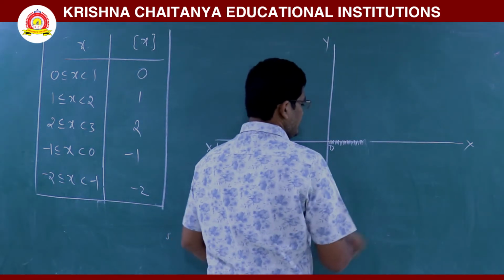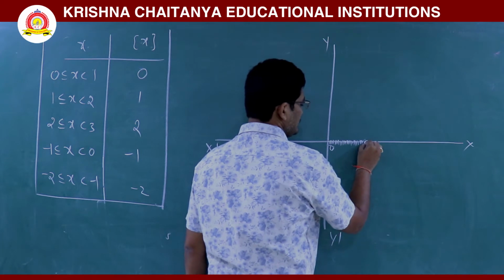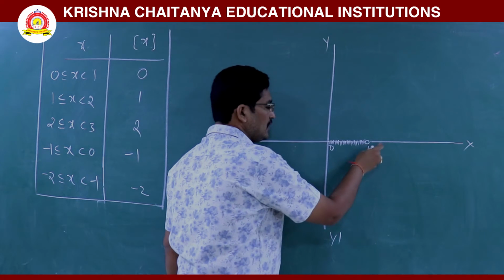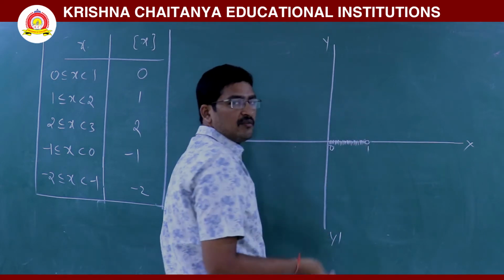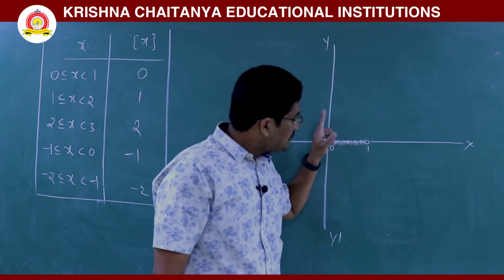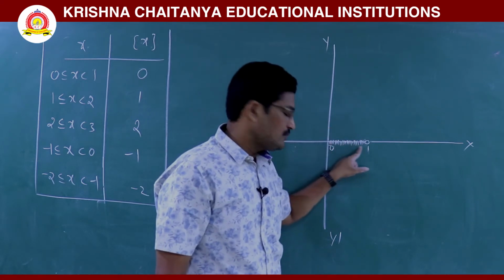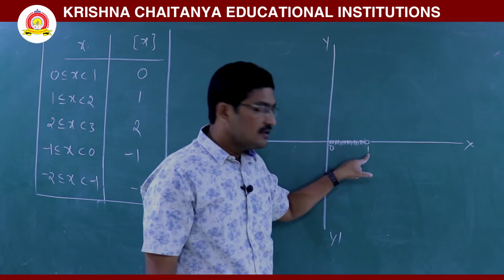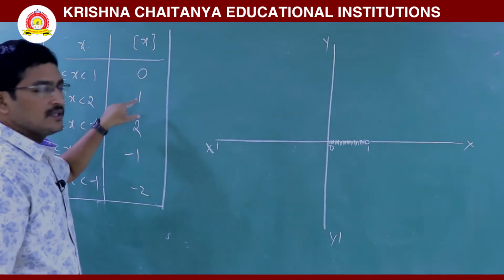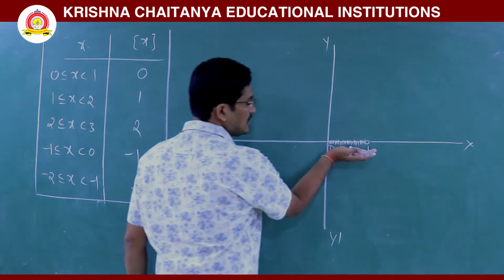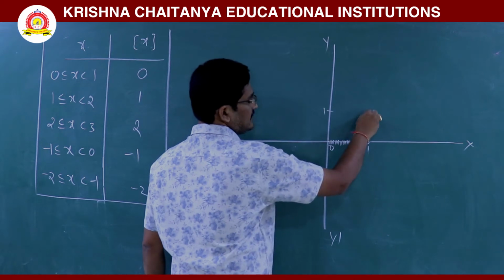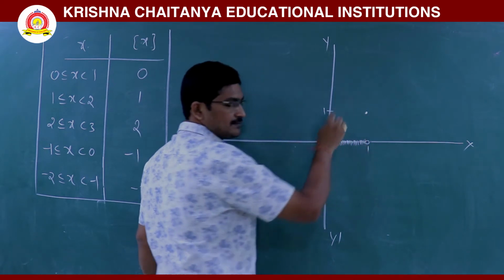It's not here. Okay, so this is 1. Up to before the value 1, it's maybe 0.99999 there. Up to that value, step is 0. At 1, if x equals 1, step x equals 1, then this curve jumps to 1. So x equal to 1, step x is 1.